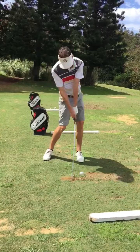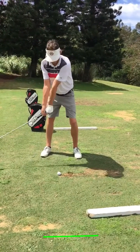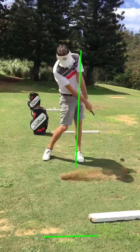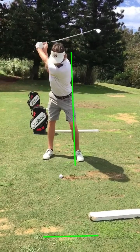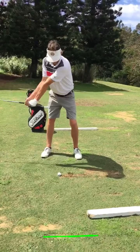So you've got to do some drills to basically fix this motion of, from the top, going and busting through that wall right away. We'd rather like to see you rotate your hips, and there's a number of things you can do to do that. You could, as you take the club back, obviously,